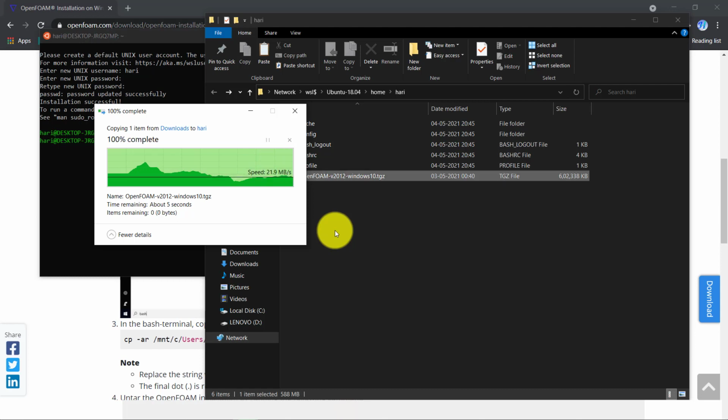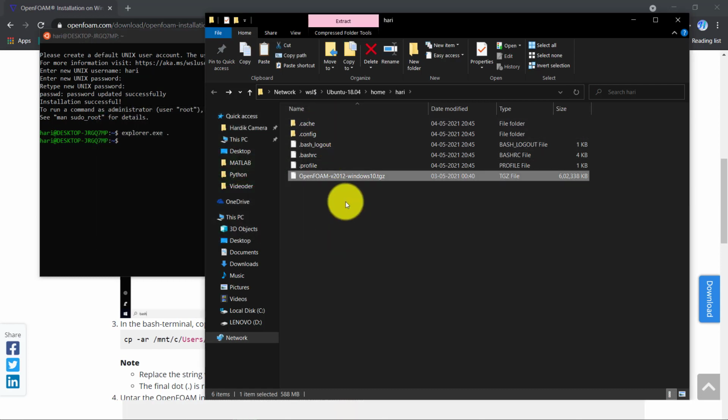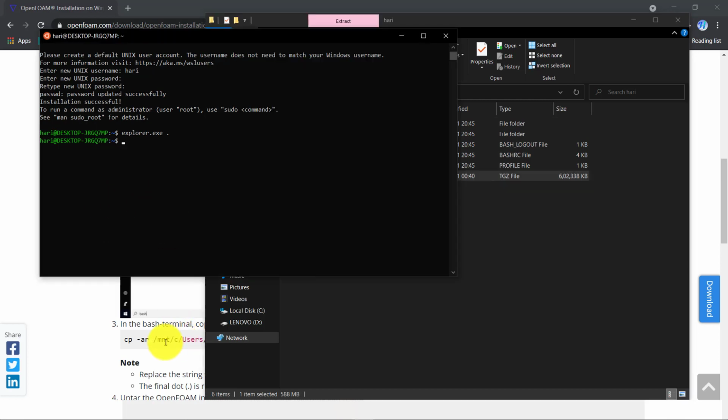So the file is already there in the Ubuntu folder. Now I will follow this step only.